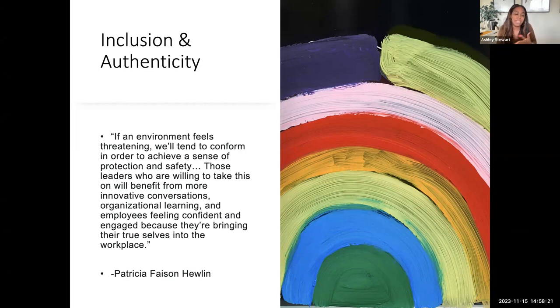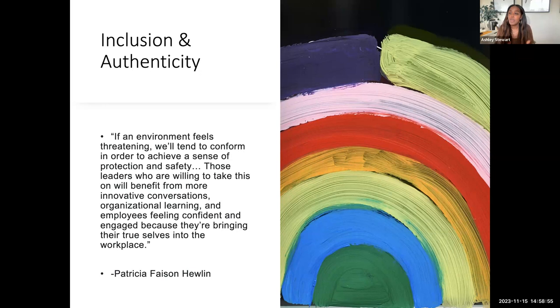We're talking about people conforming absolute parts of their identities in order to increase their likelihood to be successful, their likelihood to receive promotion, their likelihood to have positive interactions in the workplace. We're talking about people repositioning and shifting the way that they stand to avoid hurtful, homophobic, transphobic comments. We're talking about people who are literally changing the way that they talk, their tone, things about their hair, their style, surface level culture, deep level culture, things about themselves in order to achieve that sense of safety and protection